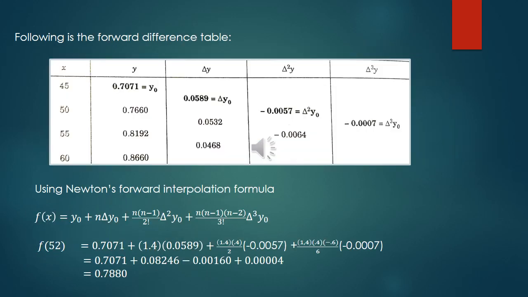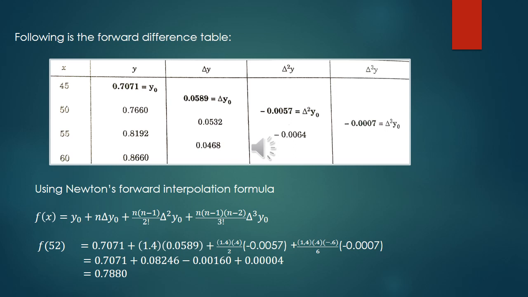Then we construct the forward difference table of the above problem. The x and y values are given. Then we write del y, the third column, which is the difference of y1 minus y0 is the first term. That is 0.0589. Next is del y1, that is 0.8192 minus 0.7660, that is equal to 0.0532. Next is